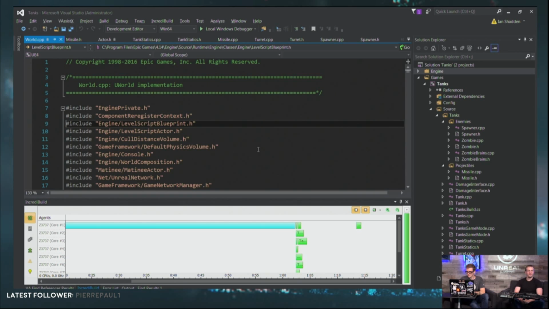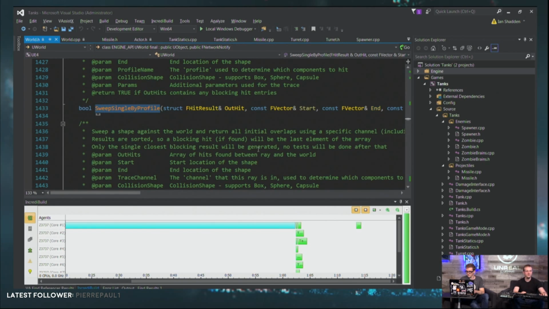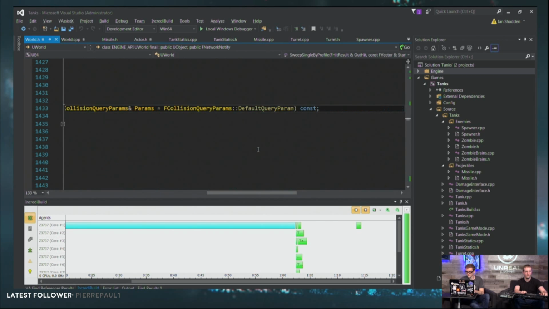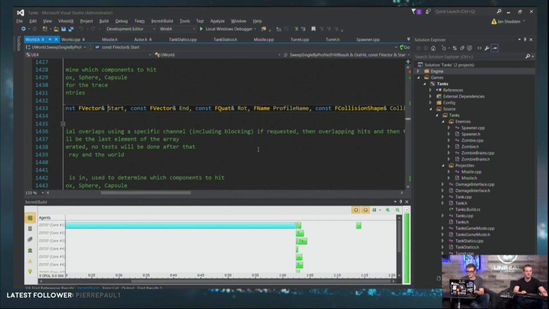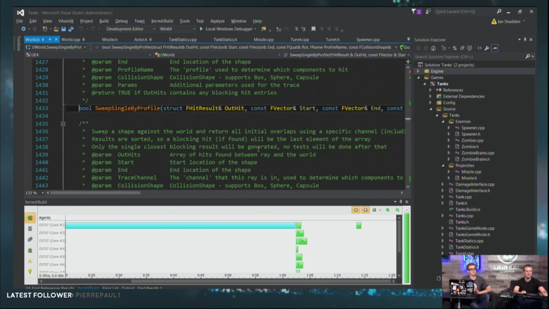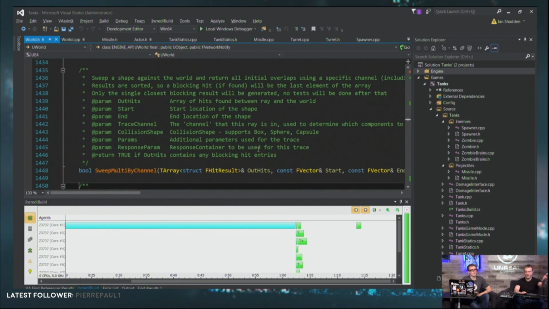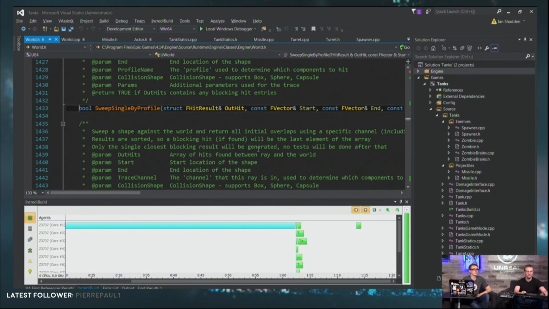The important thing about that is that if I want to write code that uses, let's say, something from our networking, the H file will be a very small file with pretty much no code in it. You can see sweep single by profile. This is just one line that tells me the function's name and the function's arguments. It's basically the signature of the function, but that's it. There's no actual code. If we go down here, there's a big comment describing the next function. So this is just listing out what the functions are inside of this class.